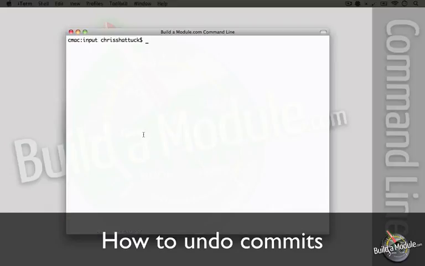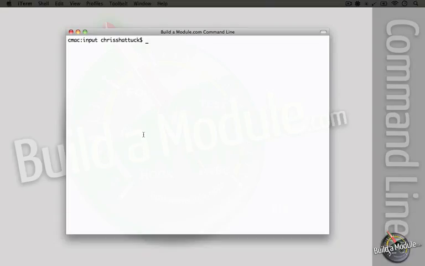When it comes to undoing a commit, there's two different approaches. One is an approach that allows you to retain the full history of your repository and add a new revision that undoes some previous changes in a previous commit. And the other approach actually rewrites history altogether, so you remove the commit from the repository and you can never go back to it. It's probably clear that the first method is safer.